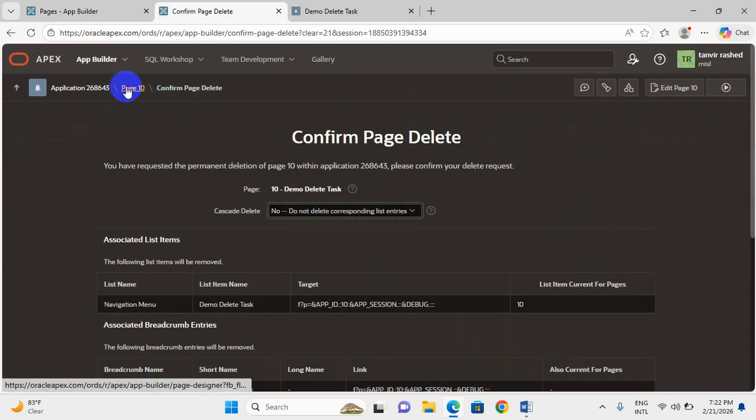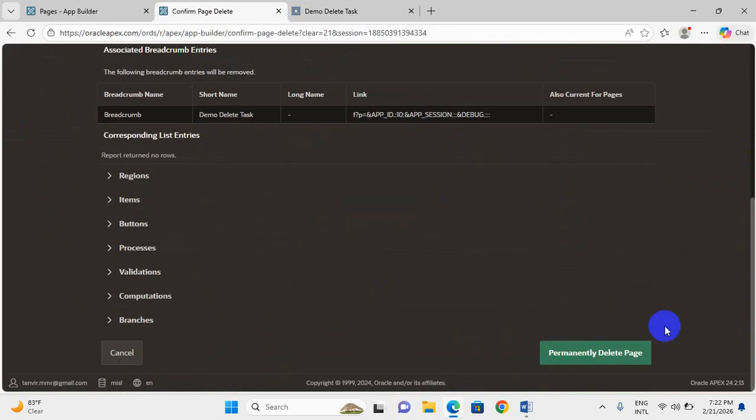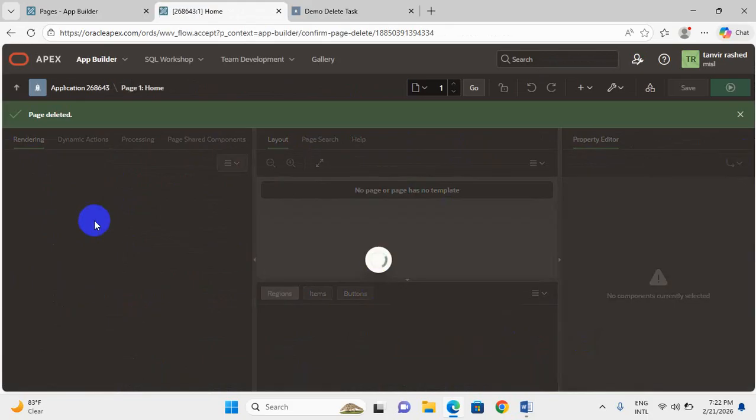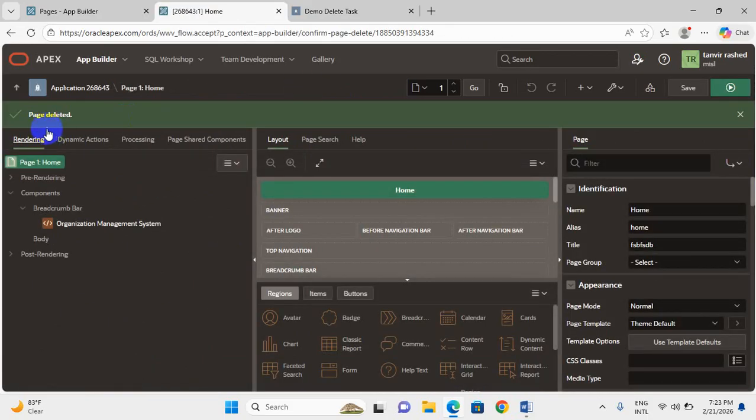Here you see this page number is 10. Here also you can see the page number is 10. Permanently delete page. Yes. Okay, I have deleted the page. You can see here page deleted, and now I have to